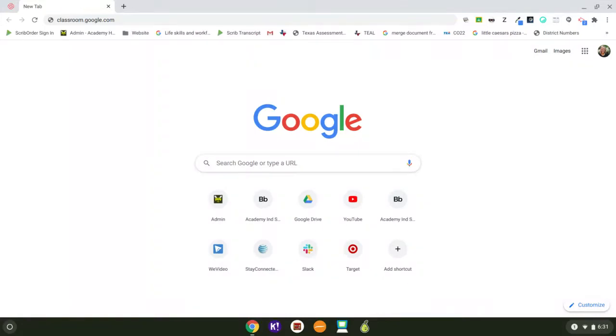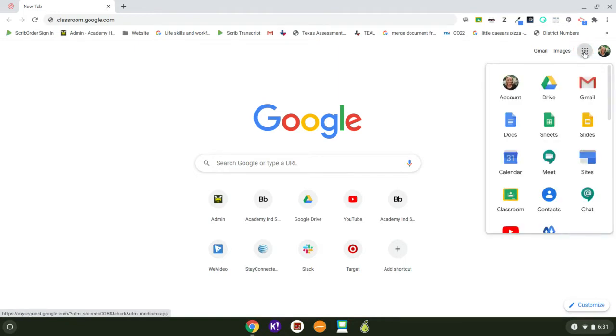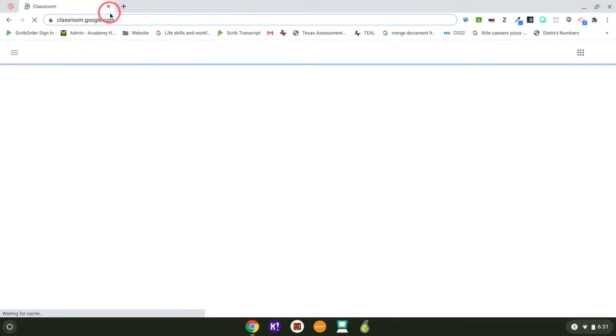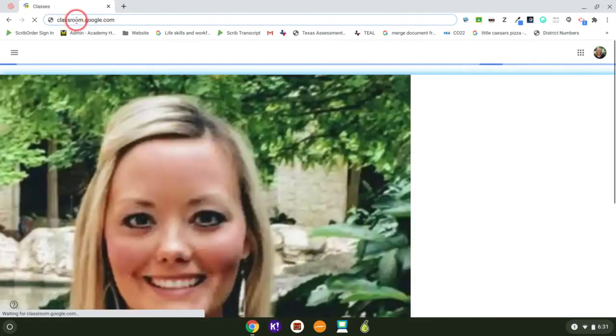Okay, so we're going to look at classwork within Google Classroom. I'm going to go into Google Classroom, and I can do this a couple of ways. I can click on my Google Apps. I like to call this a waffle. Click on your waffle, and then you'll locate your Google Classroom app. Or you can also type in at the top